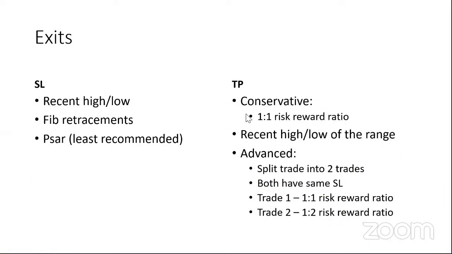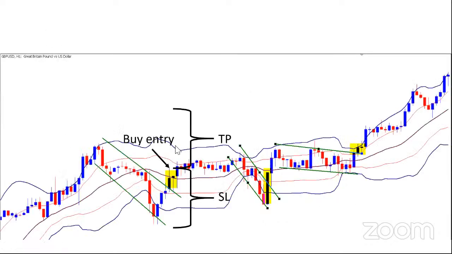Alright. So, yung exits naman natin, paano tayo exit ngayon sa market? No? So, unahin muna natin yung stop loss. Yung stop loss natin, it's very simple. Just look at the recent low or recent high. Kung wala kang mahanap, pwede Fibonacci retracements. No? Kung wala, talagang as in, wala kang makita, parabolic SAR, fine. No? Pwede nyo gamitin yung indicator na yan, pero I don't suggest it. Okay? Pinakamaganda pa rin, recent low or recent high. Okay? So, if you take a look at your exit there, doon muna tayo sa stop loss muna bago yung